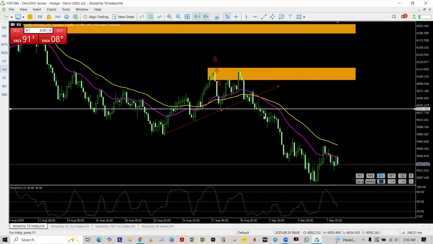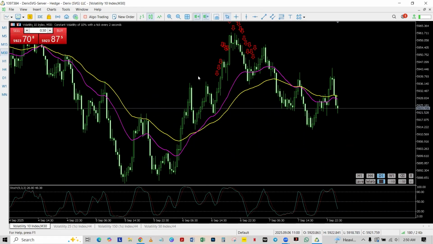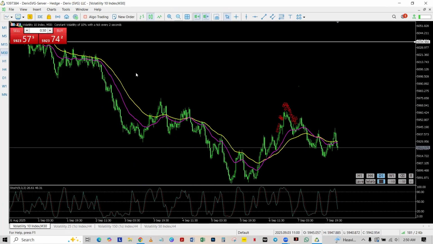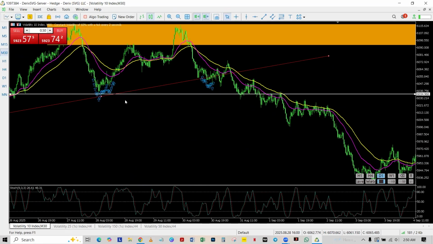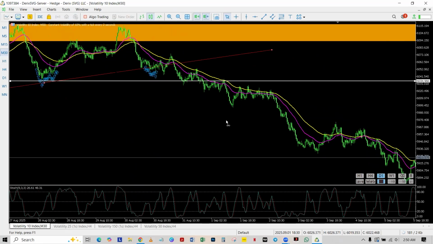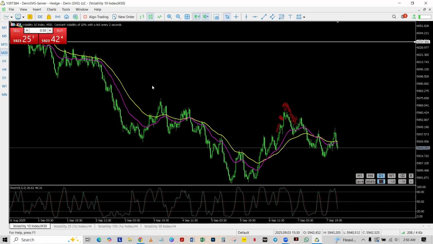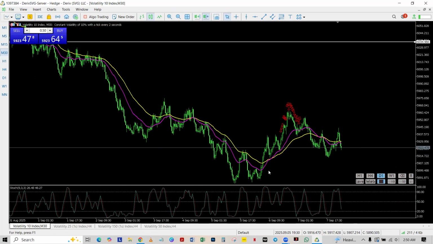But if you want to enter this market right now, all you need to do is to go down to the lower time frame. All right, so let's see the 30 minutes time frame. Okay, so at the 30 minutes time frame, after the market broke this support, you can see the market retraced to this level, and